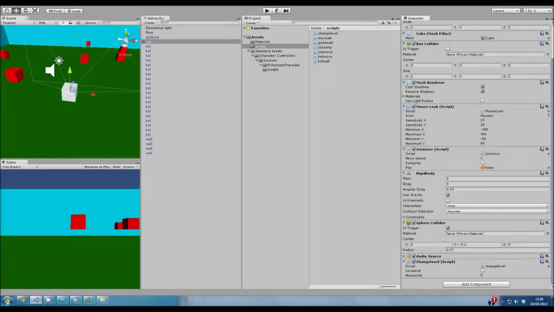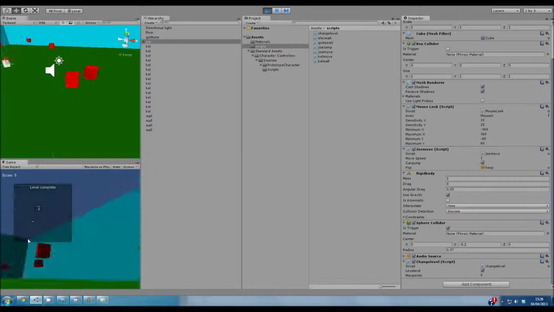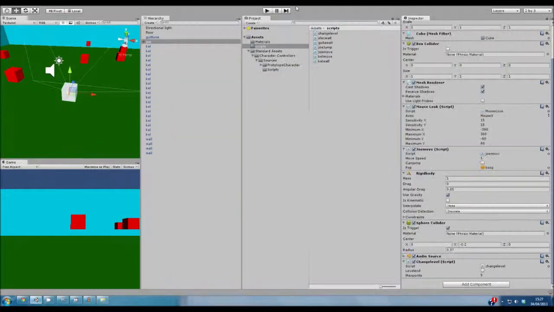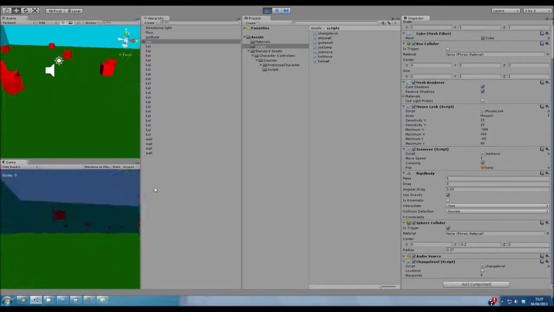So if we just press play and then collect a bunch of them, it's a little bit small, but it will say level complete. So if I change the size of it to, no. Let's have it 100, and we can put its width to 75. It takes a lot of little testing,